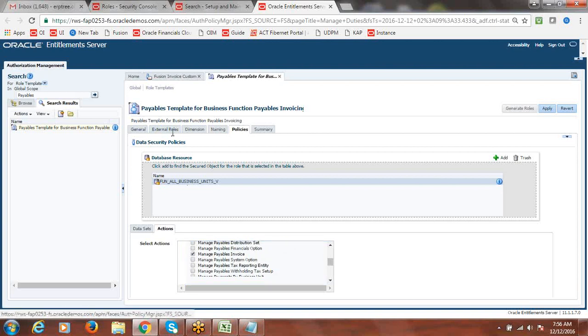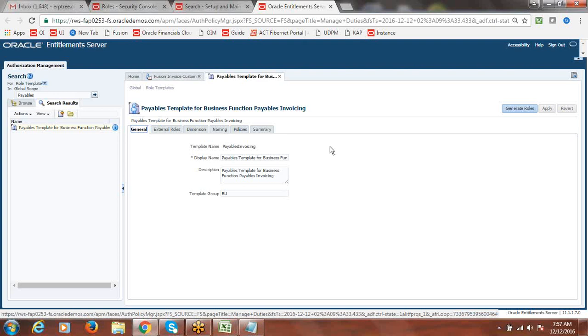Within this custom role, what are the functions we have, and which process the functions belong to, whatever is relevant you can select. But ultimately, whatever we have in our custom duty role, whatever we created, accordingly it will work. When you are specifying the database source as well as the data set, actions are mandatory, so you have to tag it. That's the reason we are doing it, but always select the relevant ones, then say apply.